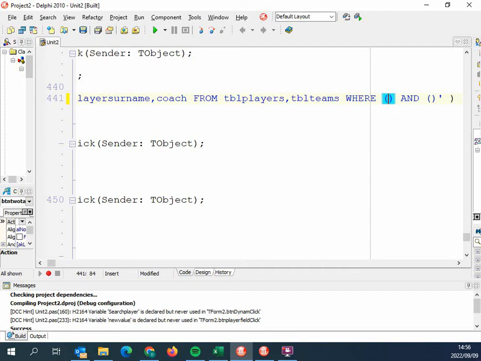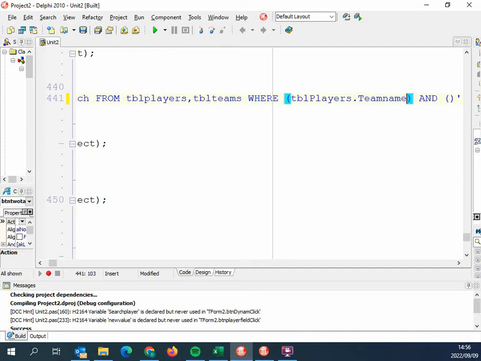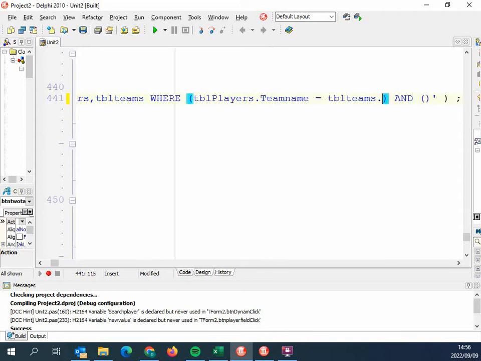So in this case, we are just going to go ahead and say where my TBL players dot team name is the same as my TBL teams dot team name. So just where the one team name in the one table equals the other team name in the other table. Then I said, okay, well that is now creating the link, but now I want to have a clause. So I said I want to show the goalkeeper. So I can just go ahead and say, and my goalkeeper